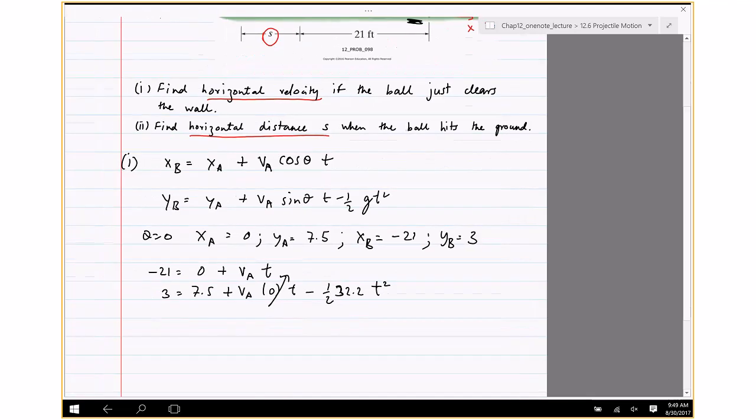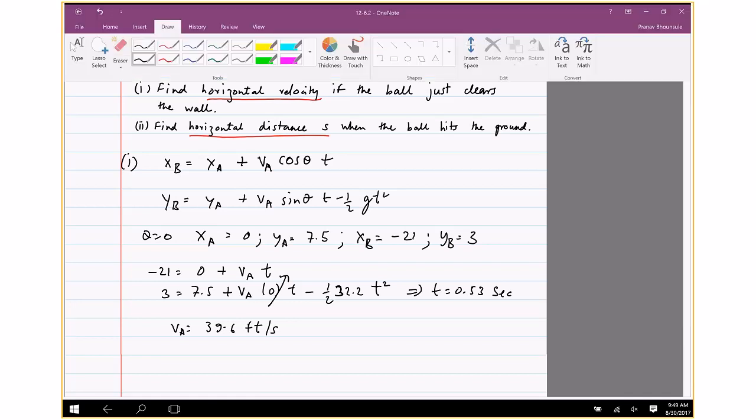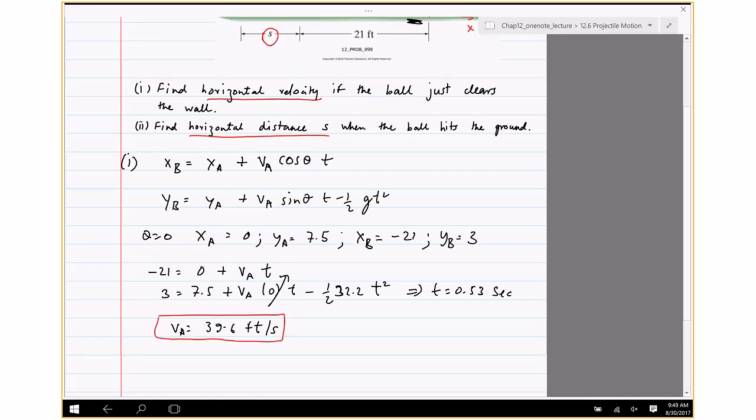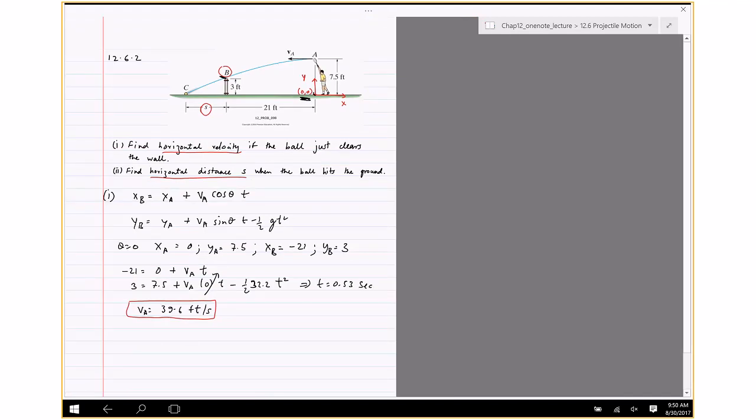So from this equation, you can solve for the time. It is 0.53 seconds. And once you put this time in the first equation, you get VA equals 39.6 feet per second. Okay, so I have just a minute more. Oh, I'm past time. Okay, so I'll solve the second part, which is finding s. Given the velocity, what you need to do in order to solve for s is that you know that